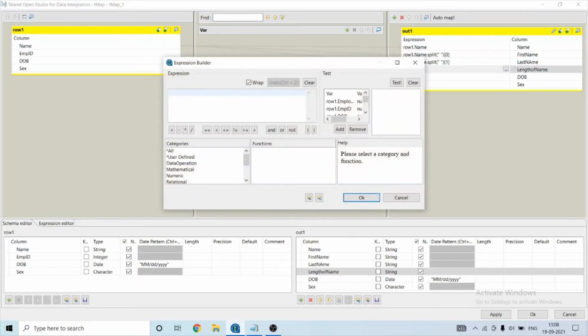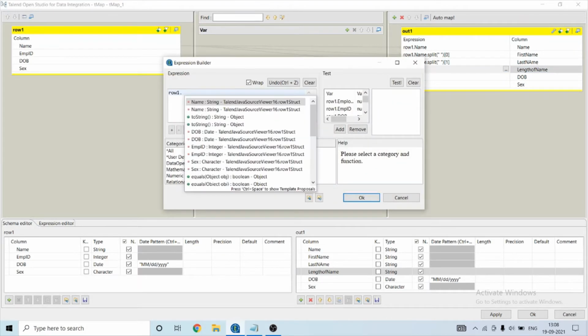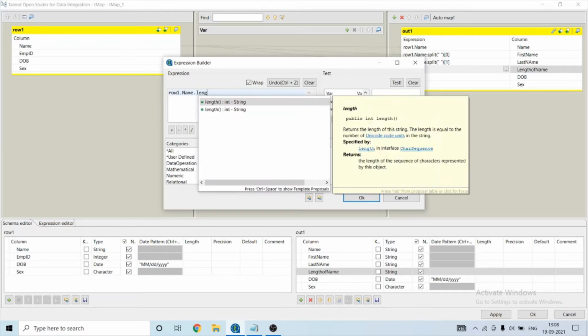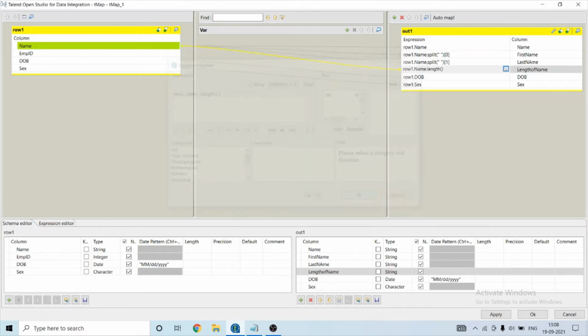So I will just have to write row1.name.length. It will just print the length of the name. Let's click on apply and click on OK.